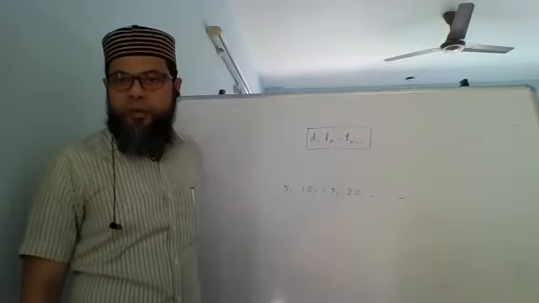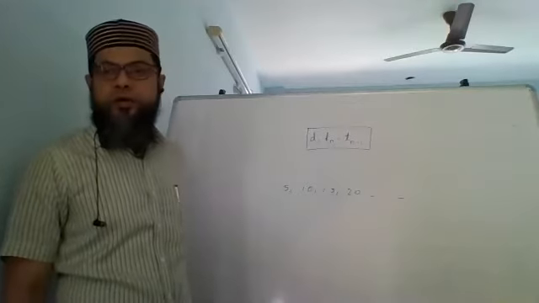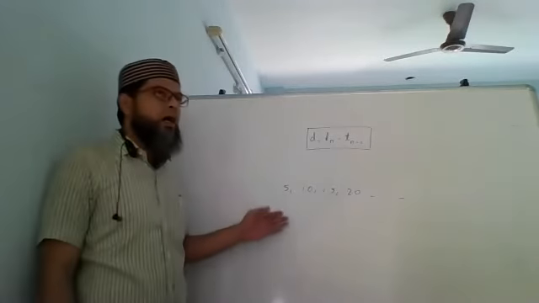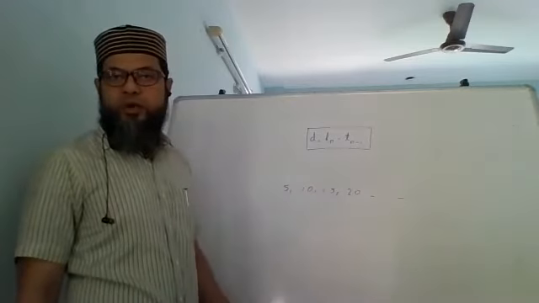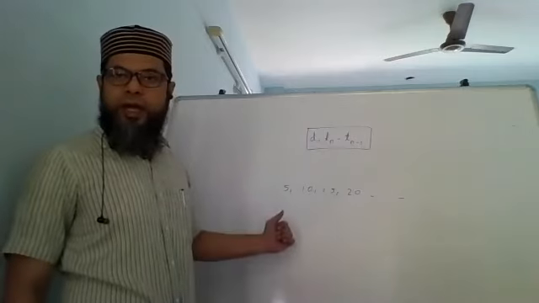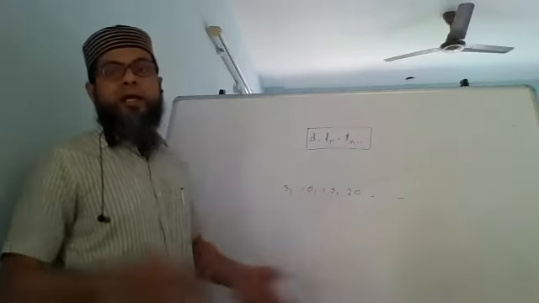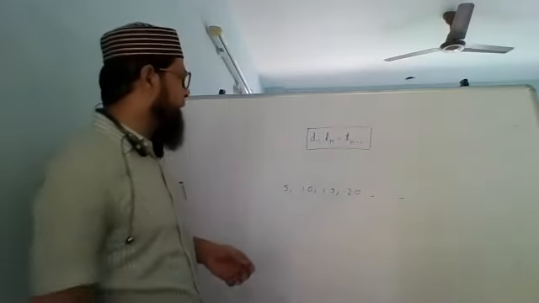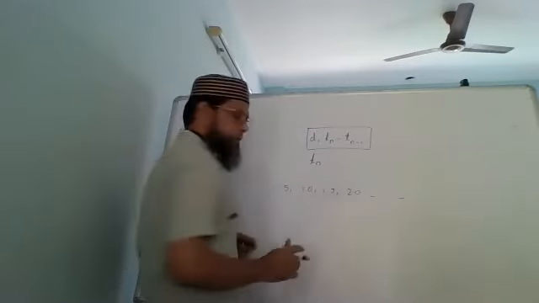By then maybe half your paper will be over, time will run out. In exam, if you are going to use that method, that is not going to work, because we have to do it fast. We will have a time constraint. And this was an easier one. Sometimes you have -3, sometimes you have +7. So adding or subtracting becomes difficult, even if you know A and D. So if I have to find some 23rd term or 27th term or 119th term, how am I going to go about that? For that, I have a formula which says Tn.